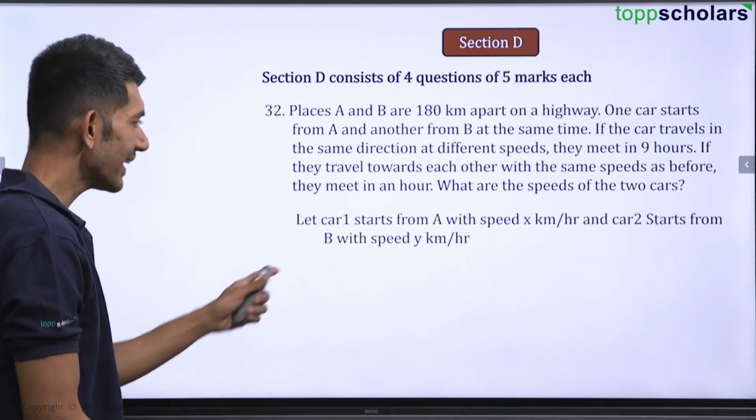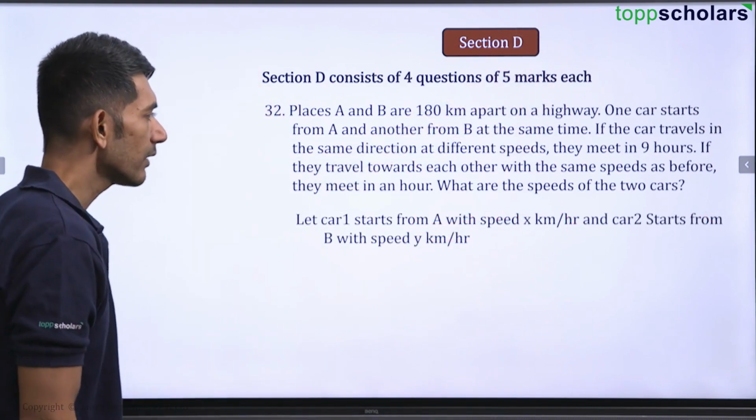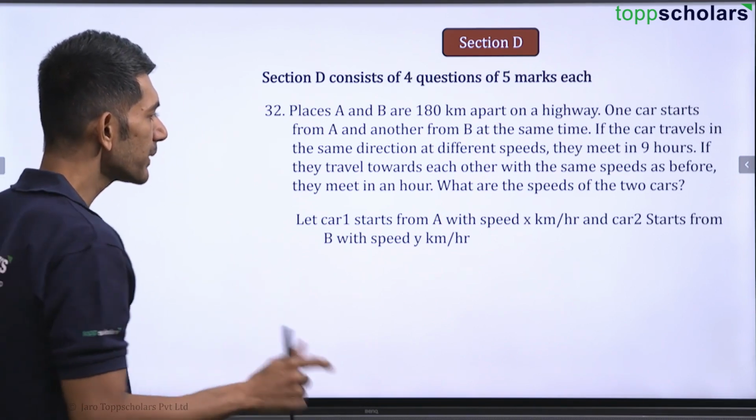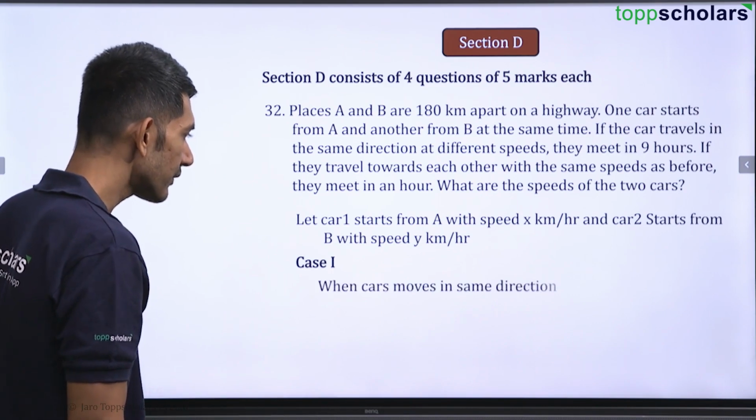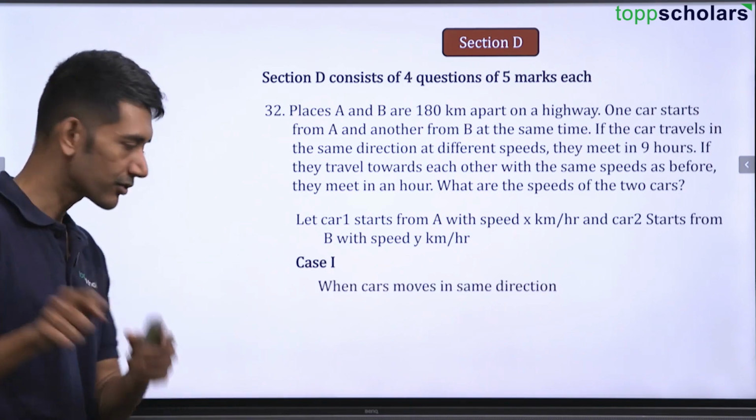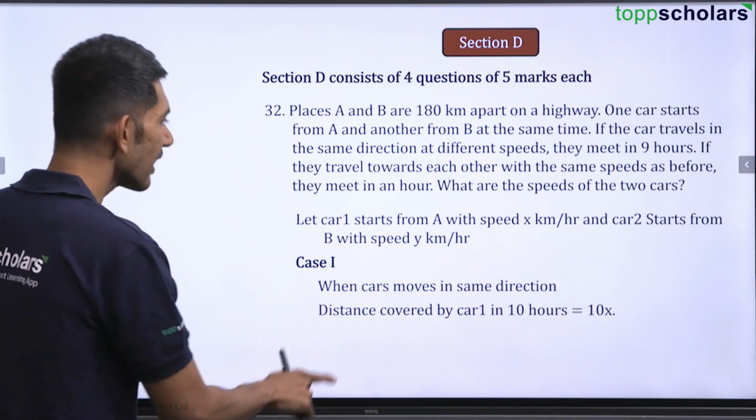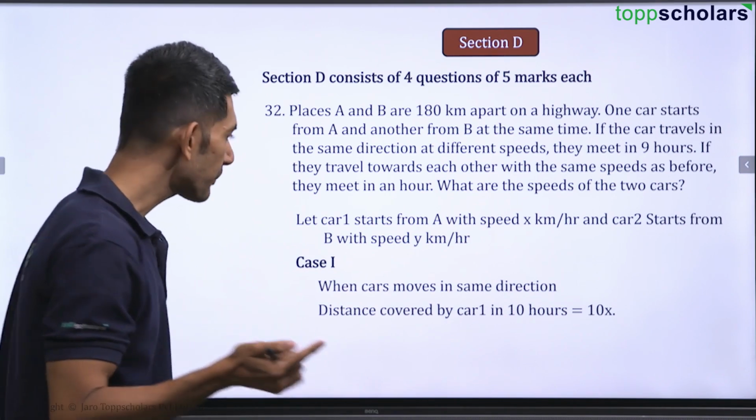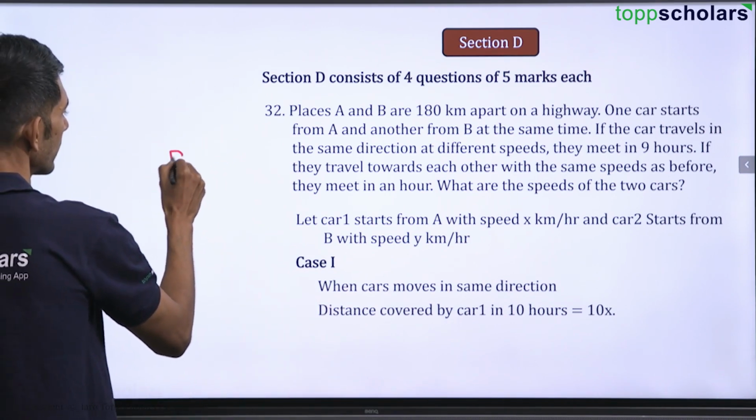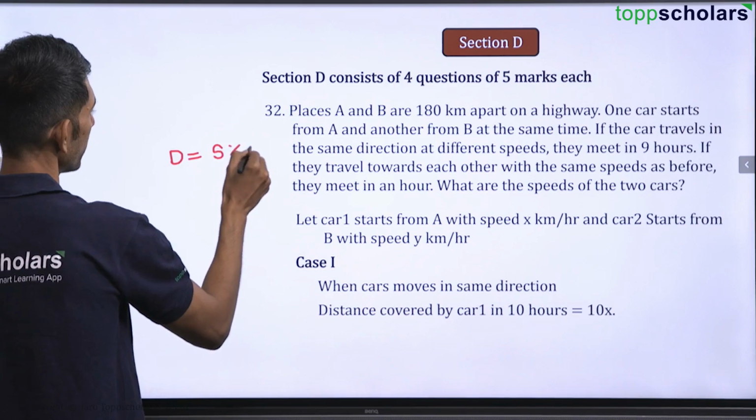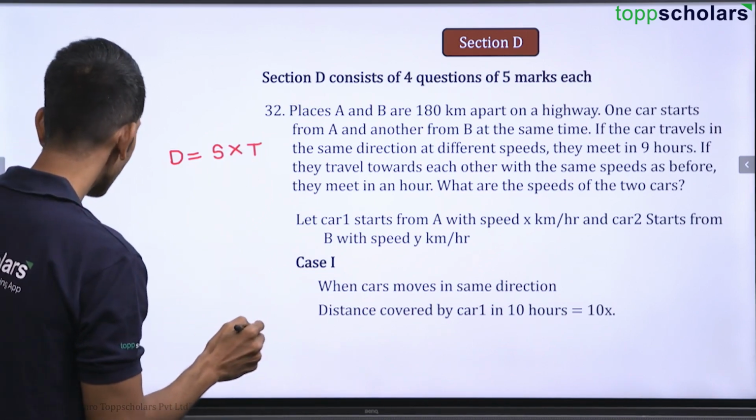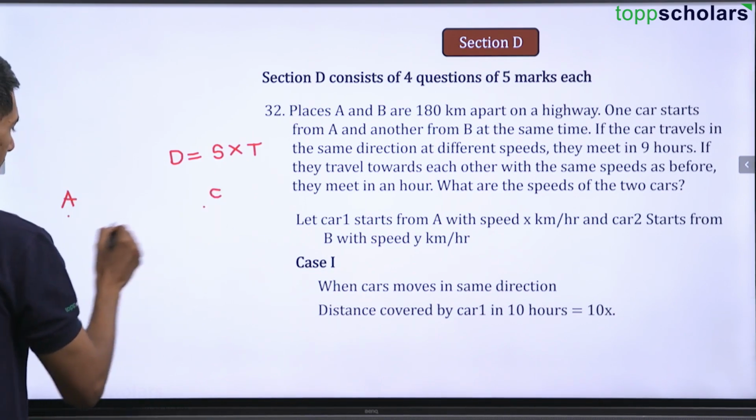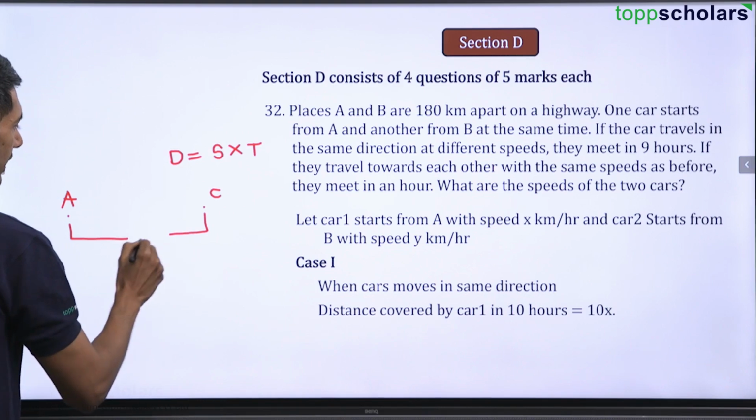Okay. So let car 1 start from point A with the speed of x km per hour and car 2 starts from point B with the speed of y km per hour. So what is the first case? When they move in the same direction, right? So the distance covered by car 1 in 10 hours. See, distance is what? Distance is equal to speed into time. So can I say car 1, that is from point A to point C, car 1 will cover a distance of 10x